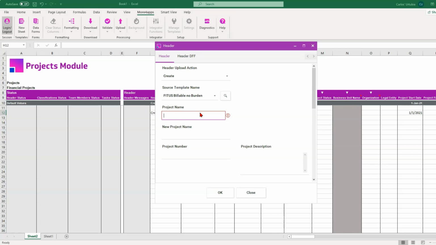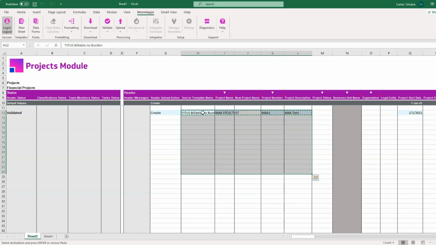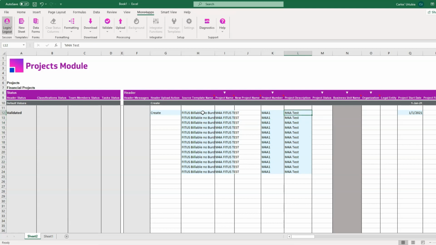We'll then give our project a name and a project number, as well as a description. Now we can use that project as the basis for creating multiple projects. So using standard Excel, we'll change the project numbers, give the project names different numbers as well,